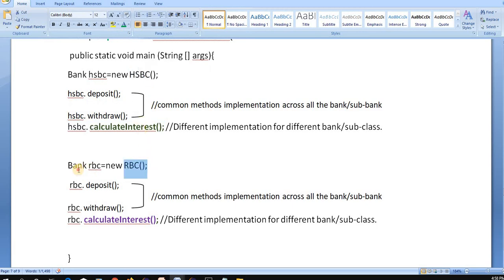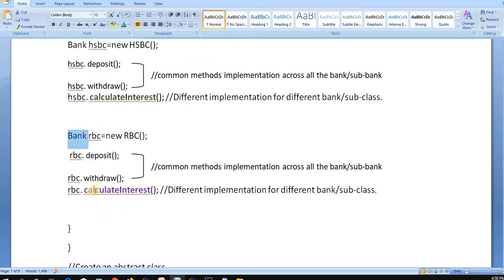The same way, I can create the relationship between the RBC child class and Bank as a parent class. Again, RBC is my object reference, so I can use the object reference variable to call the same common functions, deposit and withdraw, from the parent class, and also call the calculate interest method from the child class of RBC. This time the return type would be 5%. So what we have seen